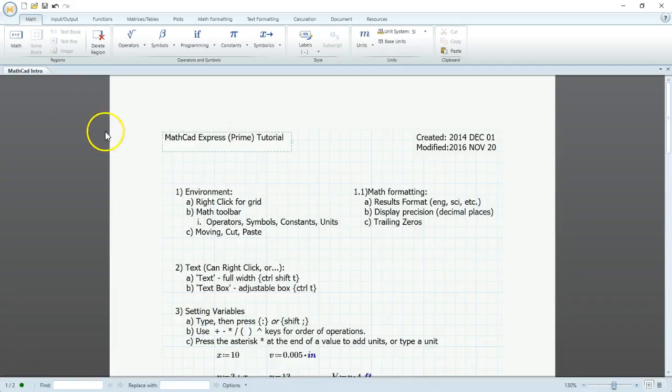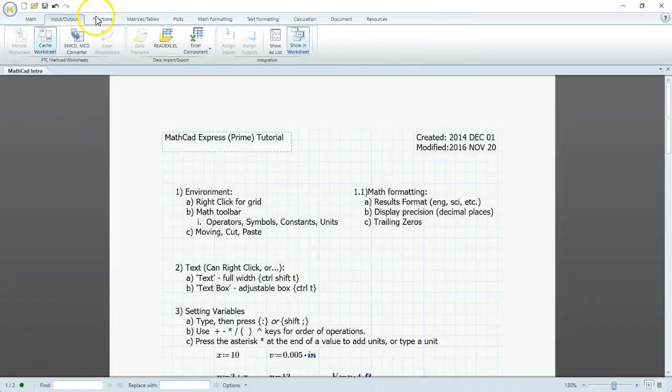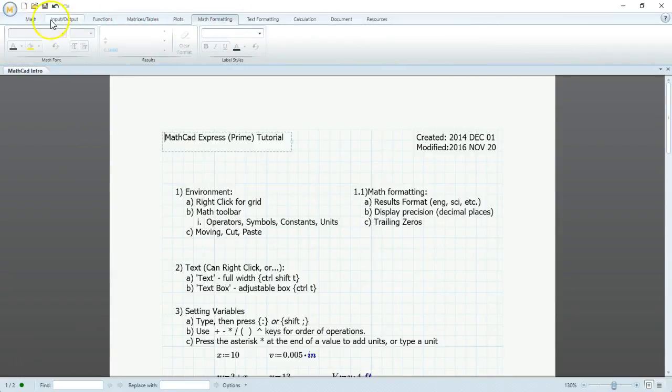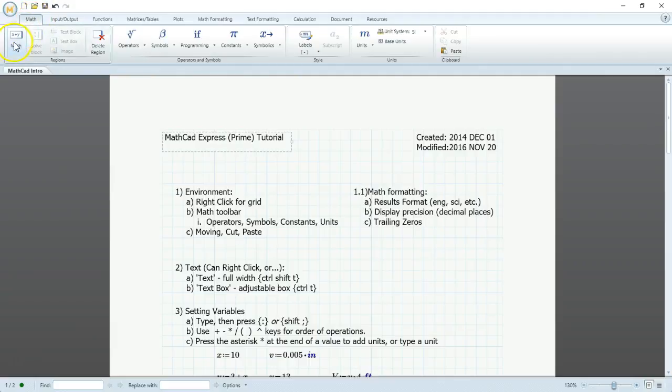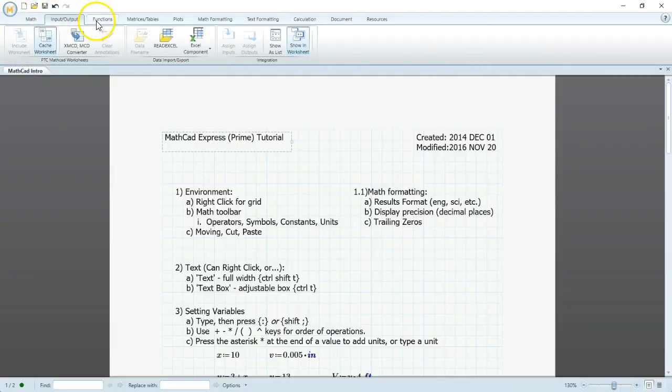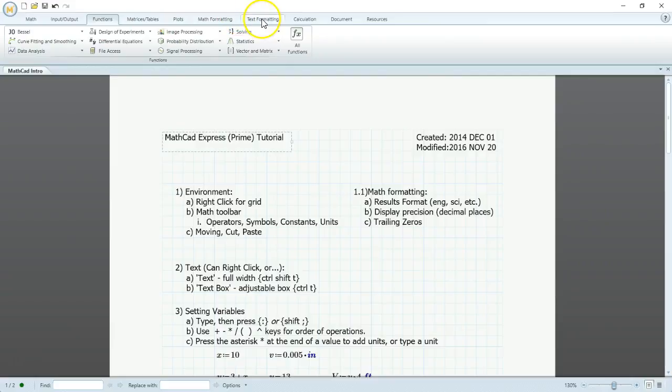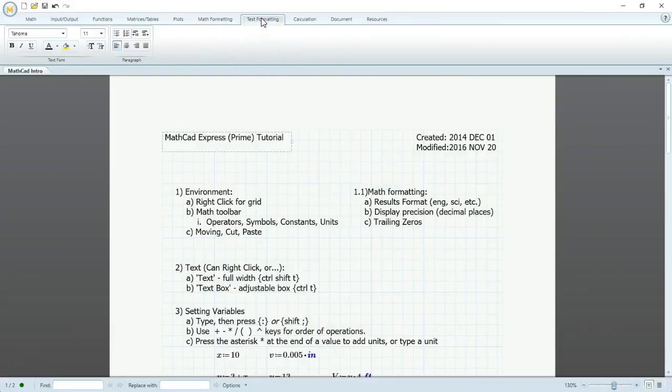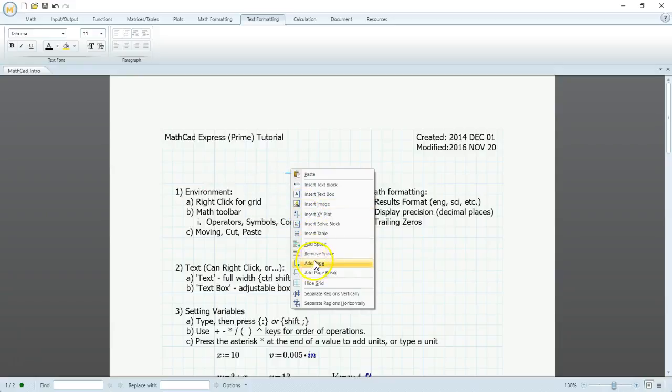Now as we look at Mathcad, we can see that we have several tabs at the top. The first one is our Math tab. Next is Input Output, Functions, and then we can go on to Math Formatting and Text Formatting, and those will be the ones that we'll be using the most. This is our environment, our worksheet. We can right click and turn our grid on and off,